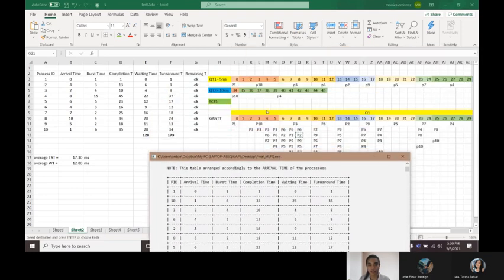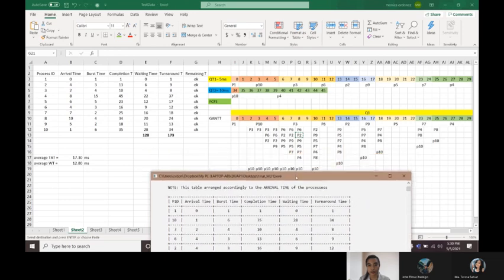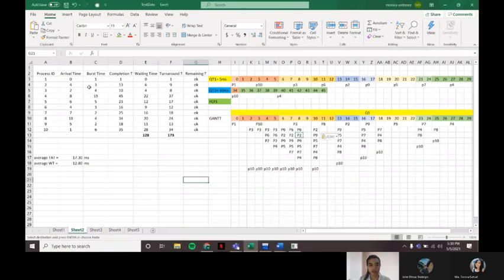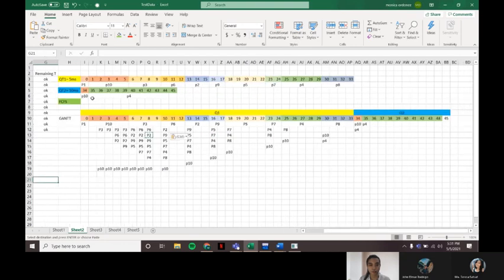So here you will see P1 is the first one to arrive, so the Q1 starts with P1, then followed by P10, which arrives at 1, and so on and so forth. So only P10 and P4